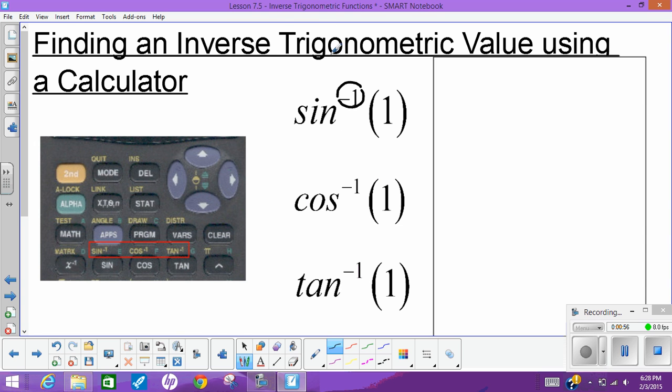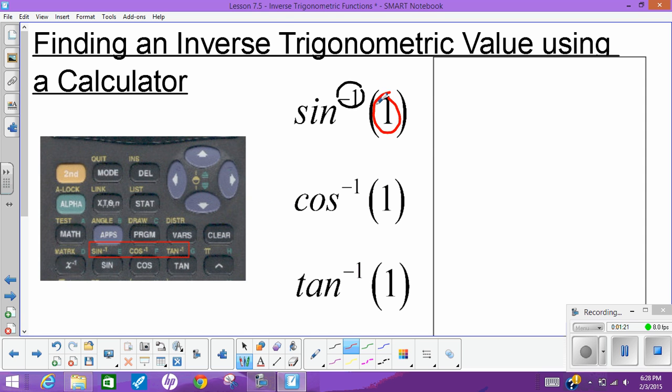It's actually an exponent that tells us we're looking for the inverse function. So that to the -1 power, all that indicates to us is that this 1 is the ratio of side lengths for sine. So 1 represents what the fraction opposite over hypotenuse means,